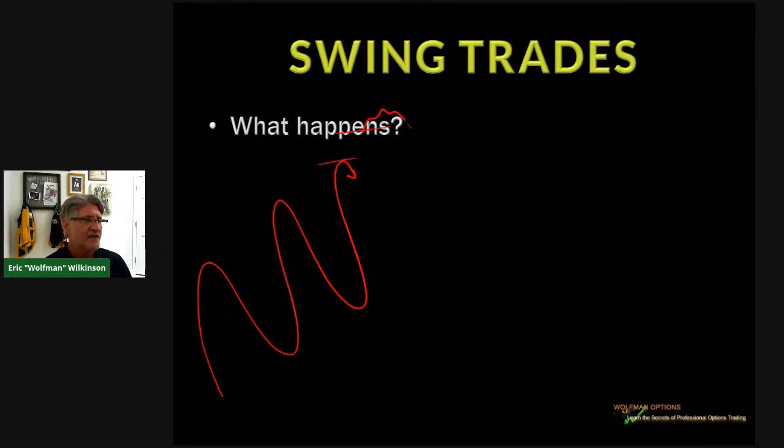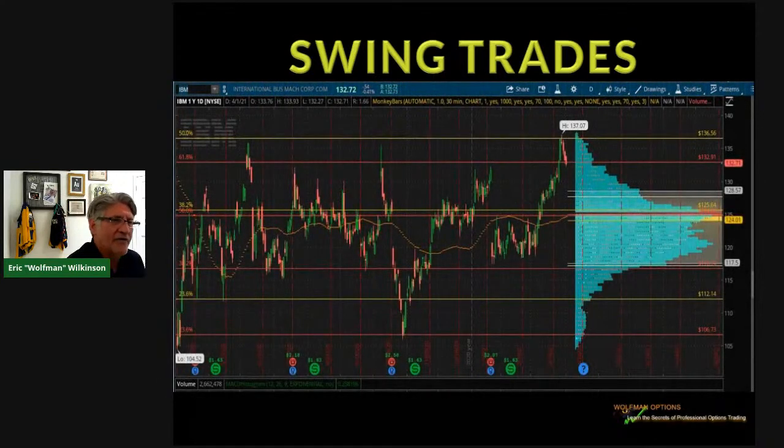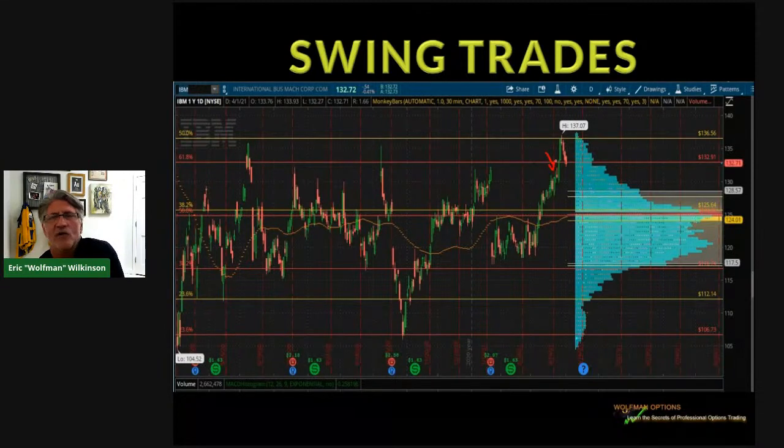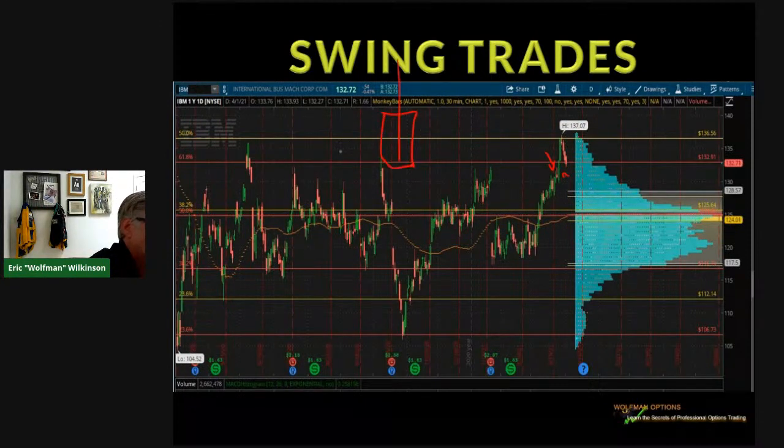Yes, it will have a tendency to sometimes break out of that little area. We were looking at the pattern in the last one where we had that candlestick at the top. That looked like it was going to be a top. Well, it never got confirmed. So one thing with swing trades, if you have a lower risk tolerance, make sure those patterns where you see a doji like this at the top of a possible large move there, right? If you see what we call that as a hammer,